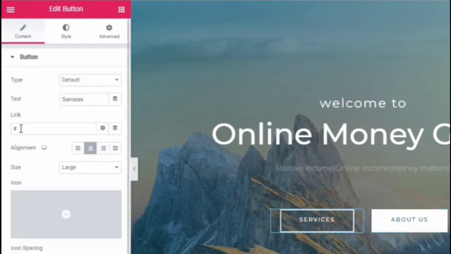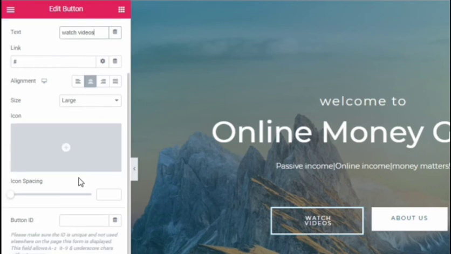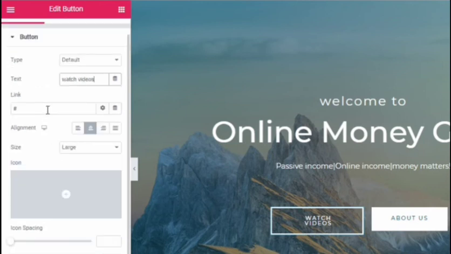Now you can even edit the button. Button is like when you click onto it, it will redirect to another page. Now in this button, I'm editing services as watch my YouTube videos. So when someone clicks on it, they will be redirected to my YouTube channel page. Can you see? I can edit the name of it, and in the links box, you have to paste your URL of the YouTube channel or wherever you want the people to go.